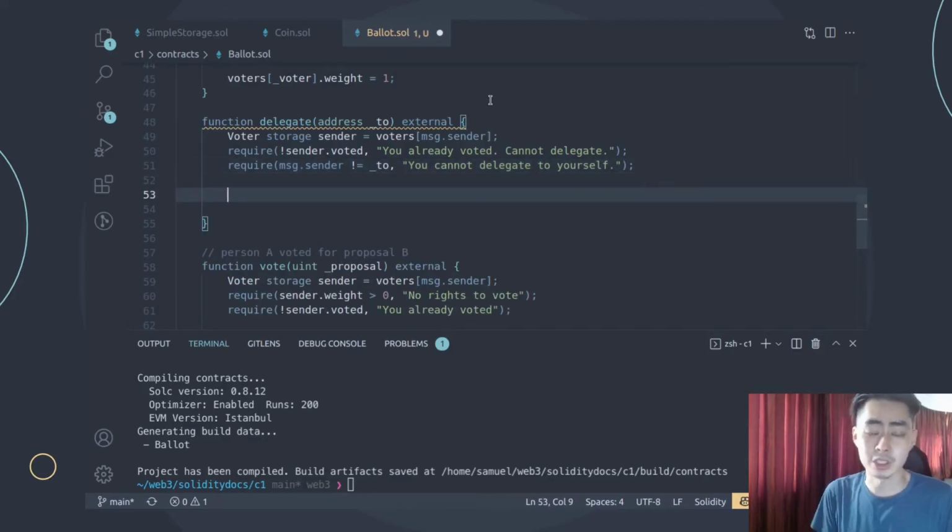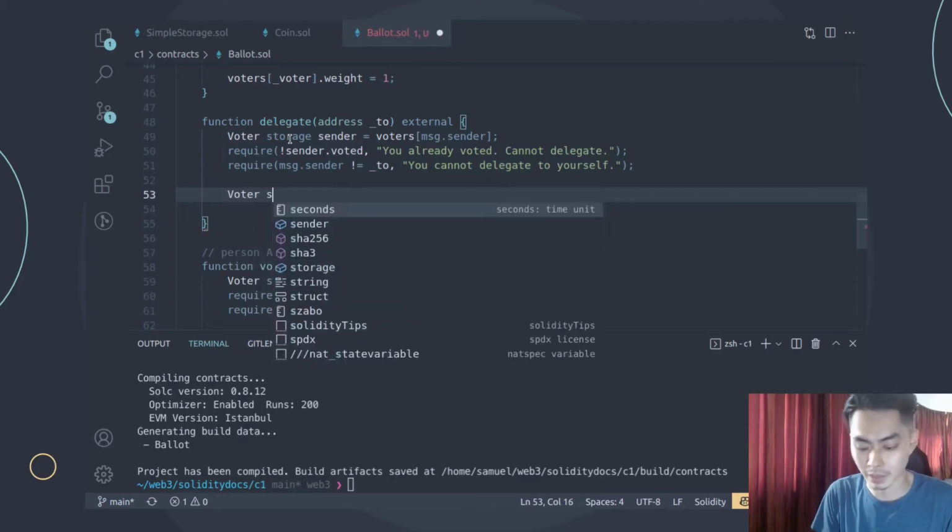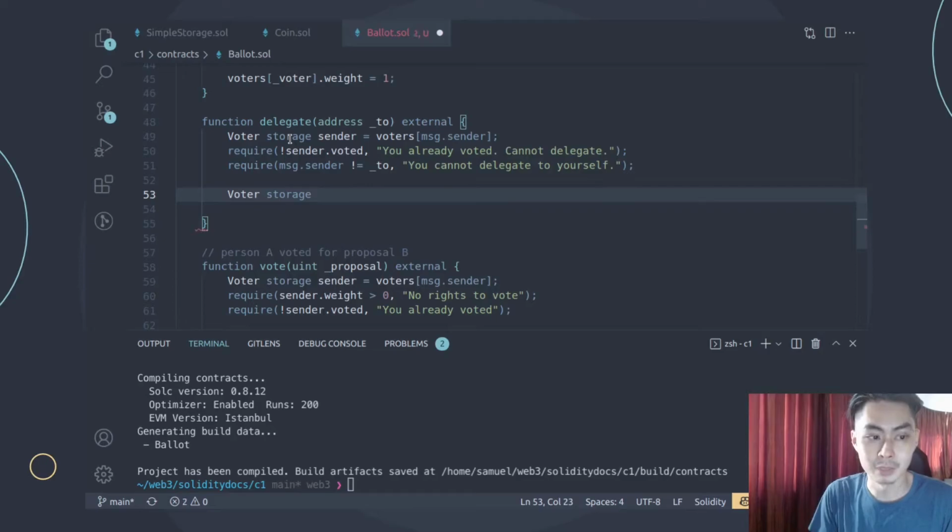Right? Next, we're just going to create a variable to just hold this person, this to. We say that if these two conditions have passed, then we know that, okay, now this is a legitimate delegate. So we can say Voter, and we're going to do the same thing as what we have here. So storage, and this person is now a legitimate delegate. So we're going to say delegate. We're also just going to put an underscore, delegate. And that would just be a Voter